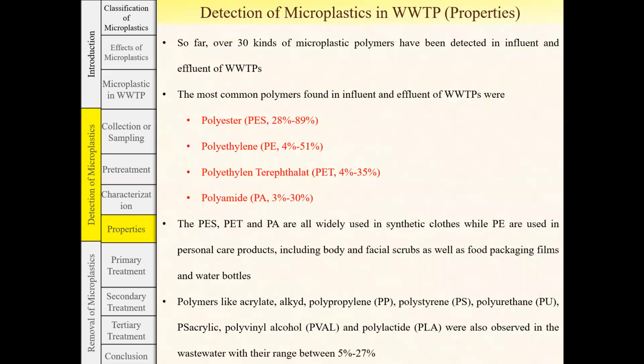Now, coming to the next part, that is in detection of microplastic, we are mainly concerned about two basic properties of microplastic. That is chemical composition and size and shape of microplastic. So it has been